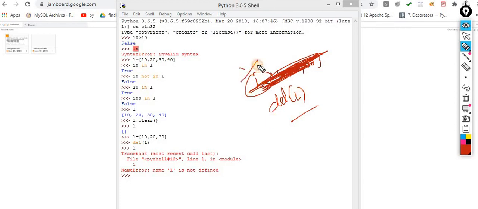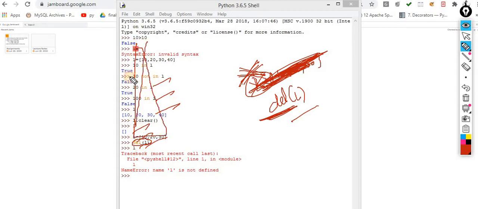Now L doesn't play anything. So the role of L is finished after performing this. Inside your program you used L a number of times, but after this line, this existence has been removed. The memory is released. Whatever memory was held by L is released. This is the difference between del and clear. So keep this point in mind. Again, this question is asked in the Microsoft examination.